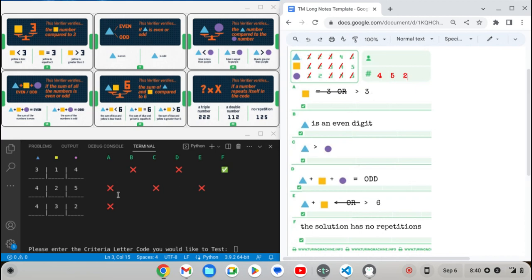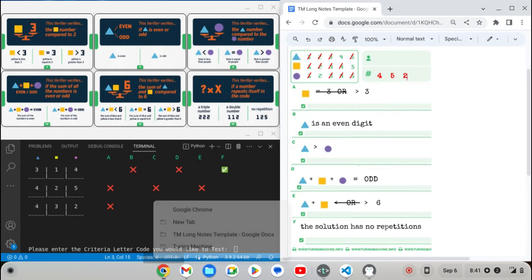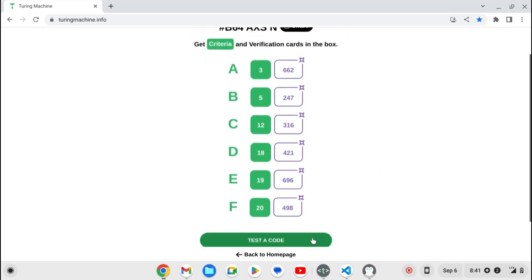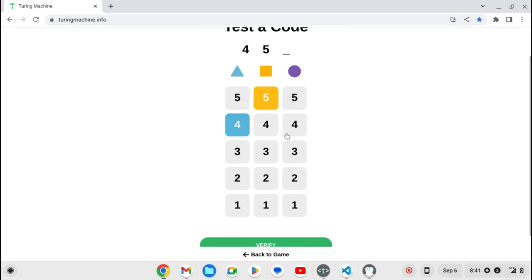So yeah, obviously, we can conclusively prove that square has to be greater than 3, and it is. Triangle is an even digit, it is. Triangle is greater than circle, the first is greater than the third, it is. The overall sum is odd, yeah, 9 plus 2 is 11. And the sum of the first two is greater than 6, it is, that's 9. And there are no repetitions. So it looks great. Let's just confirm that 452 is our solution. 452,